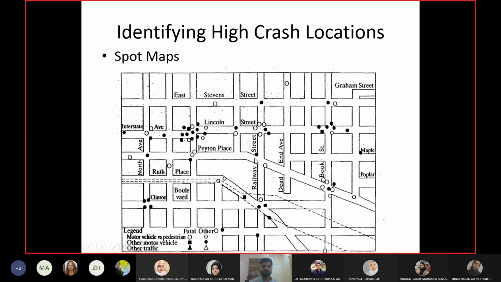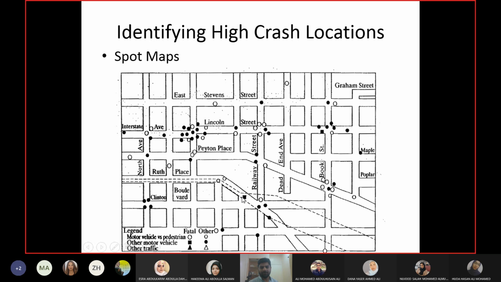Now, if the authorities say no, fatal accidents are more important, and non-fatal accidents, even if they are high in number, I will not focus on that. So, which sites have more fatal accidents? Again, just need to look at it more closely. Now, fatal accidents are these symbols, right? Big white circle or a square or a triangle. Now you can see again no triangles.